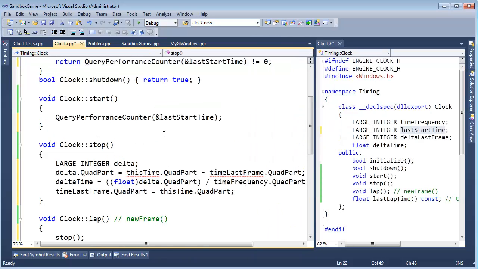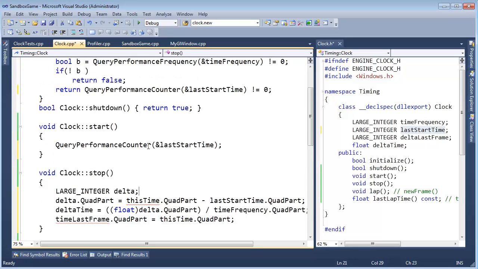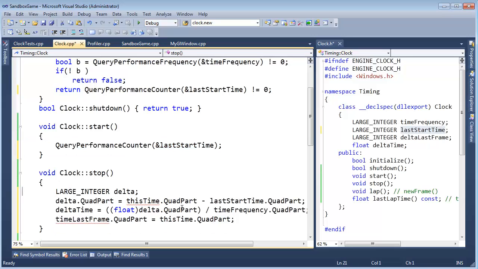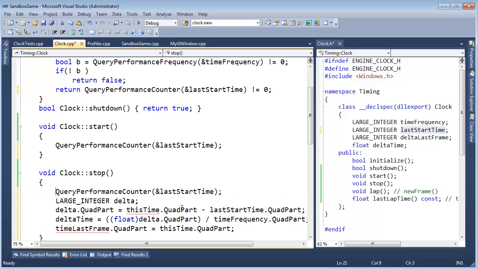we don't want to say last time, last frame. I want to say the last start time, like so. And then this time, well, we need to get the current time. So we're going to have to bring that code back in that I had before with the this time. So let's put that up there, and I'm going to say this time like so,